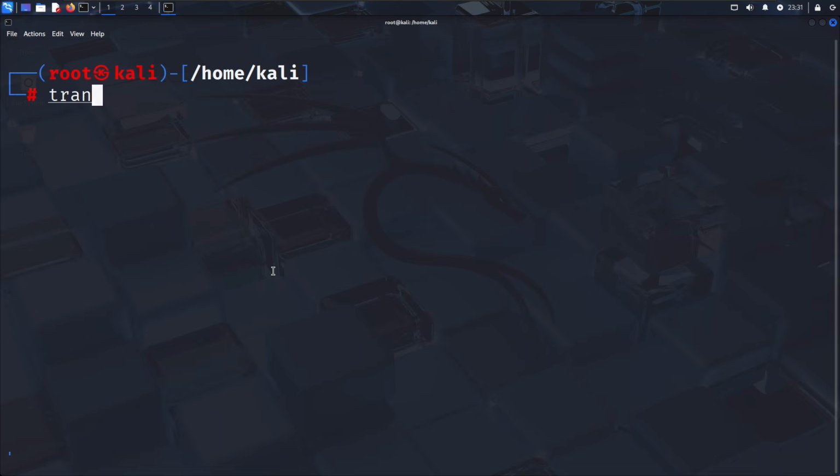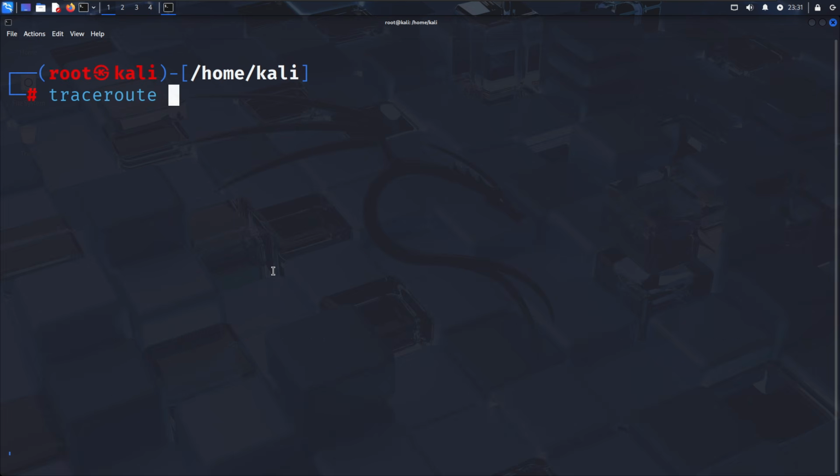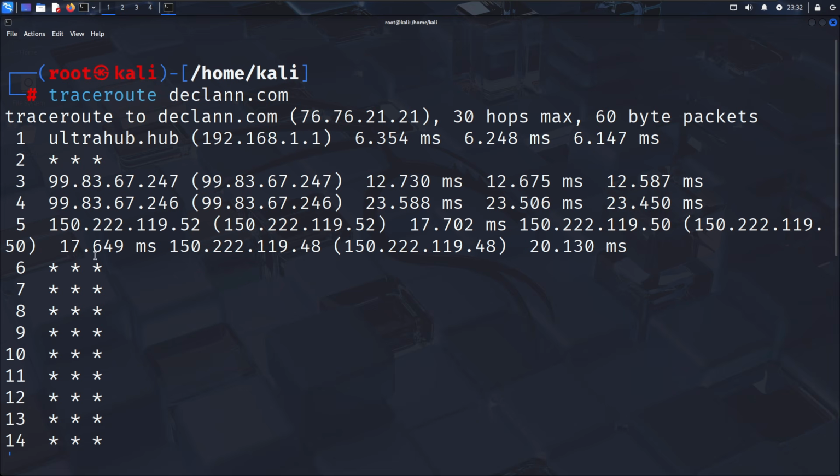Another great one is called traceroute. If you don't know what traceroute is, it identifies the specific route to a host. It hops along the route until it gets to the destination address, right? So let's say we do traceroute declan.com. It goes from our address and shows each hop. It's like, okay, checking this route, checking this route, checking this route, till we get to